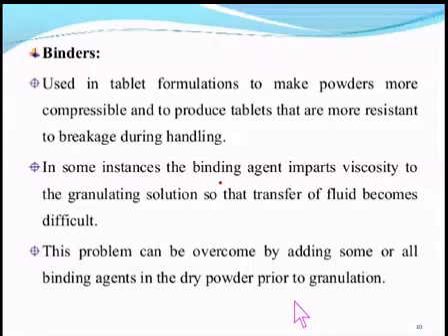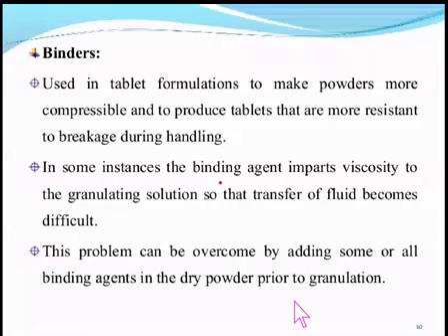So this kind of problem, if it is not addressed, will create trouble when actual manufacturing at the large scale is being carried out. In order to prevent such problems, it is very important to carry out trials in the pilot plant, that is, at the intermediate scale, where we come across the kinds of problems that we are likely to face in large scale operations.